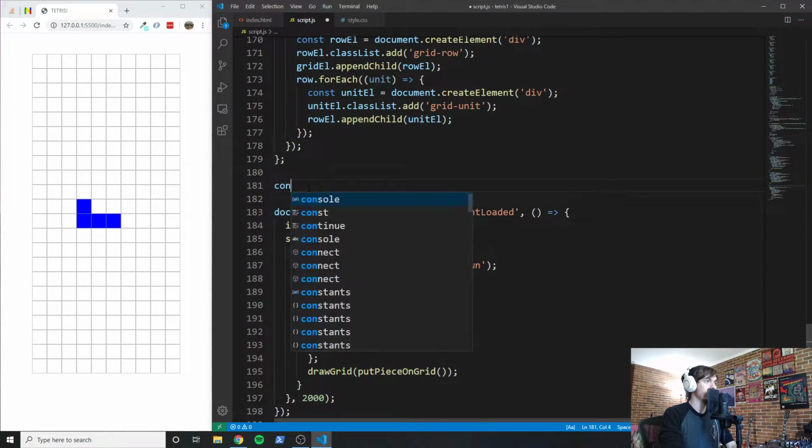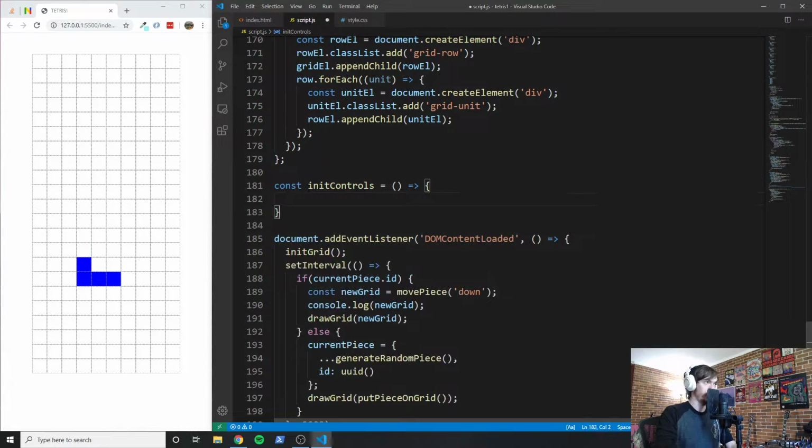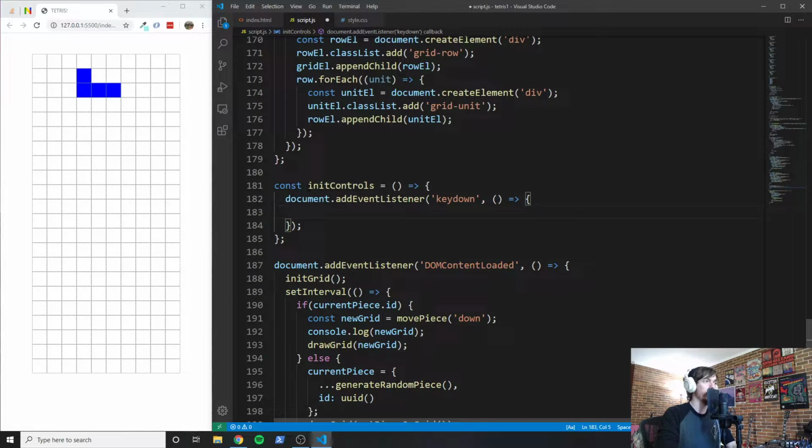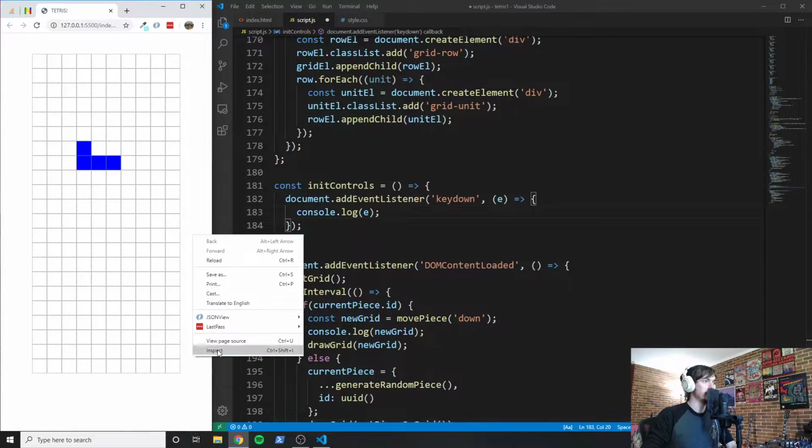I'm going to say const initControls. I like that. And we're going to say document.addEventListener. What are we thinking? Keydown? Yeah, keydown. Let's do keydown. The function we want to run whenever we get a keydown is basically going to be probably a switch statement. So we'll start with an e, and I'm going to log the event because I need to know what the key is,